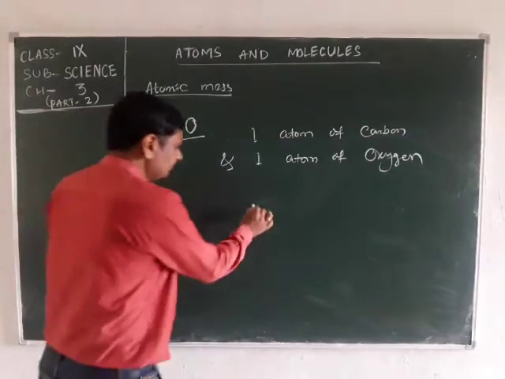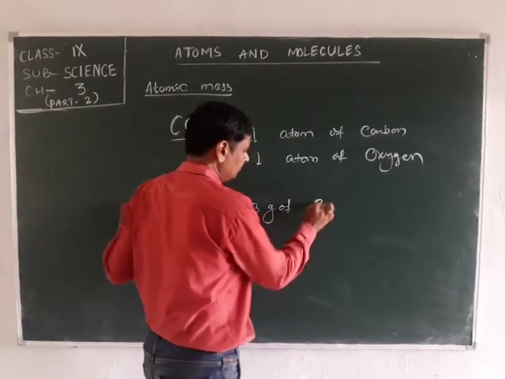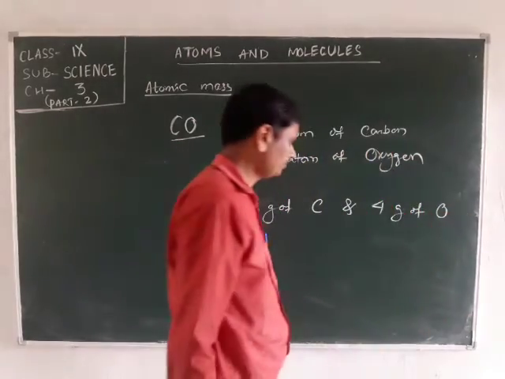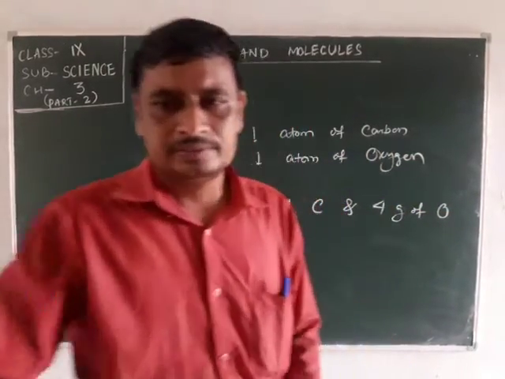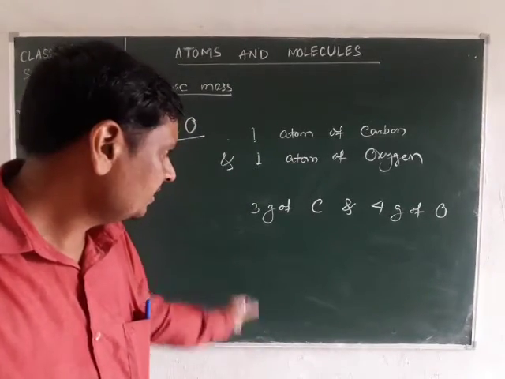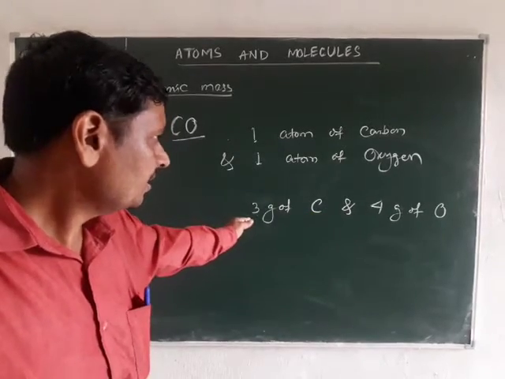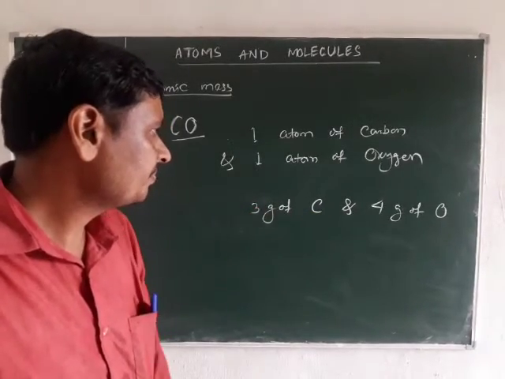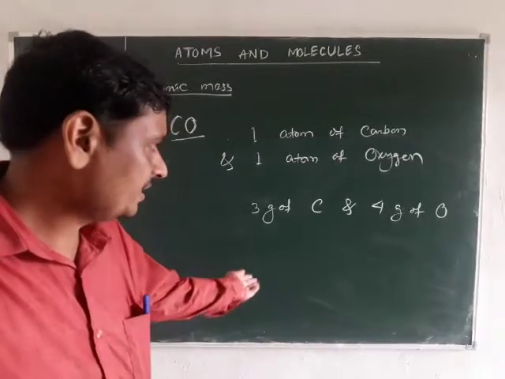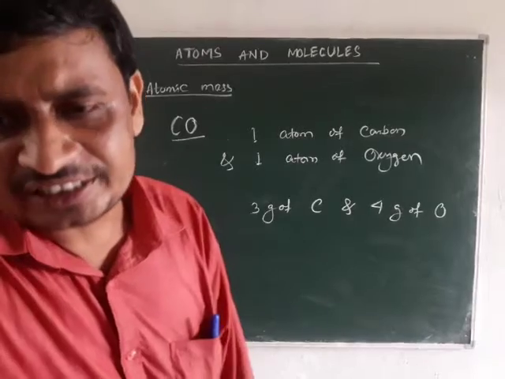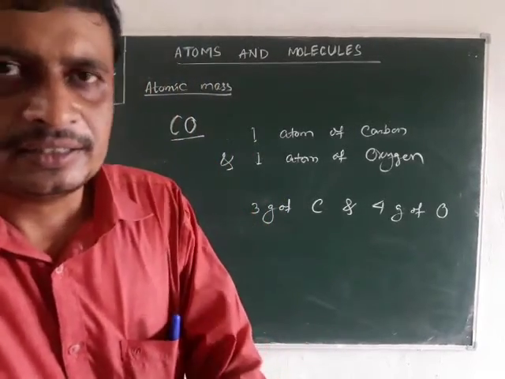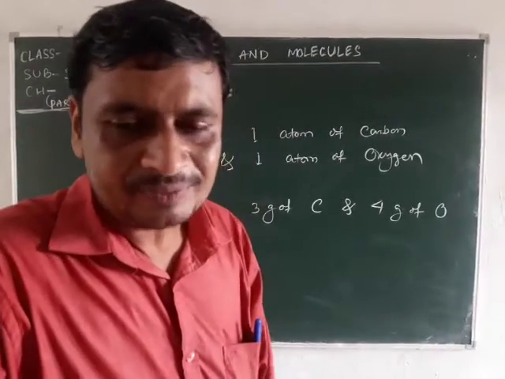If we take 3 gram of carbon and 4 gram of oxygen, then the mass of oxygen is 4 by 3 of that of the carbon, and carbon is 3 by 4 of that of oxygen. But we generally measure with that of the carbon,